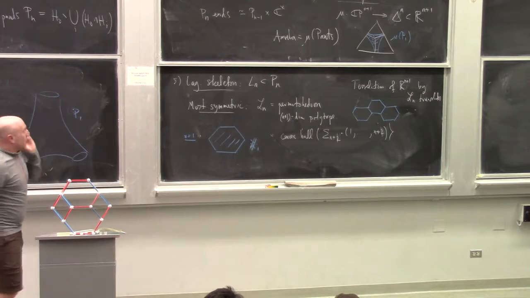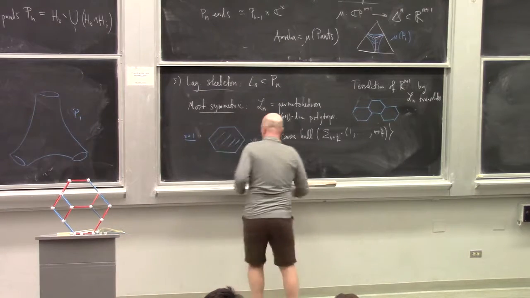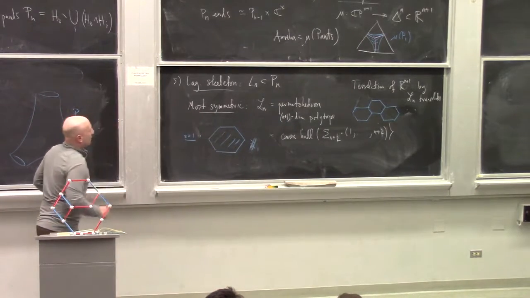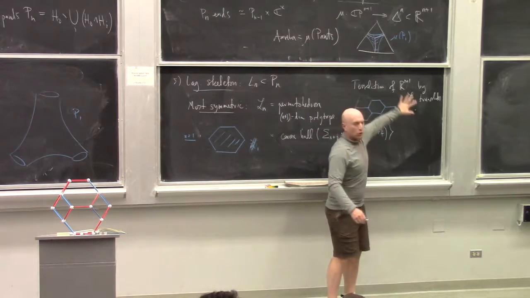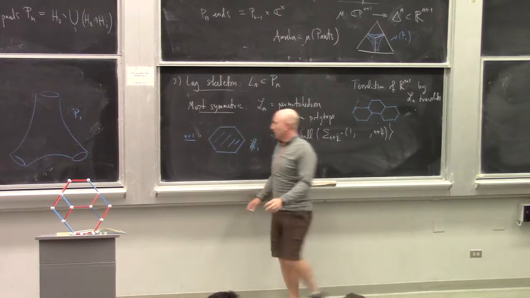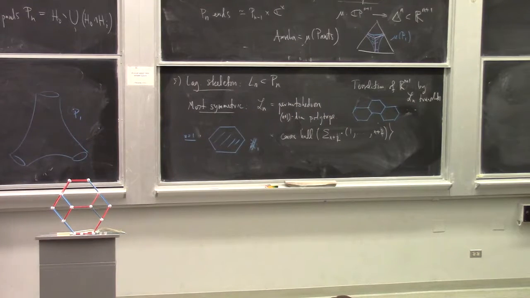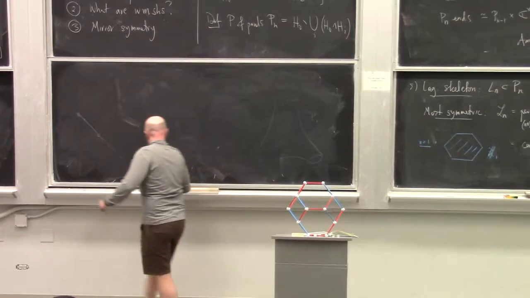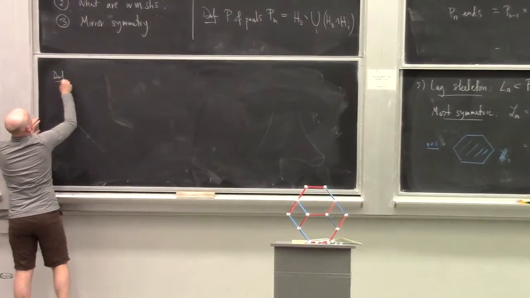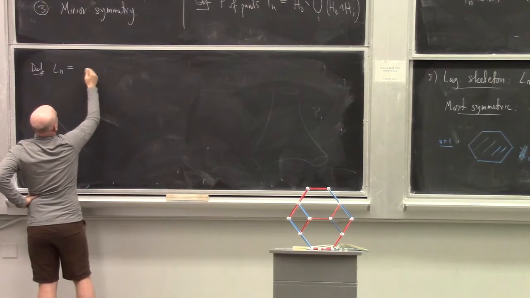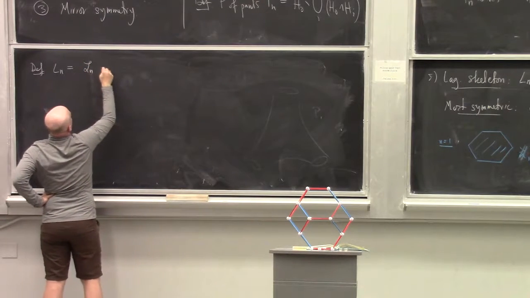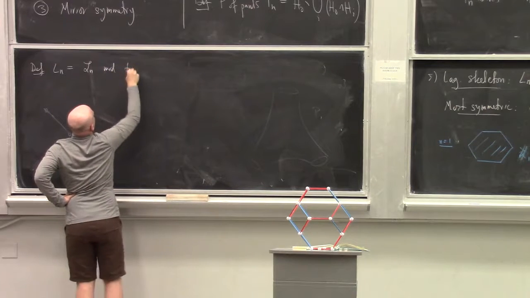Okay, so here's the first proposition, which again maybe is well known to experts. I'm not sure. Let's take this guy and look at all his translates, and then quotient out by the lattice. Sorry, let me write rather: let's set the definition. Let's set Ln equal to, I don't know exactly how to write this, but sort of Ln mod translations.